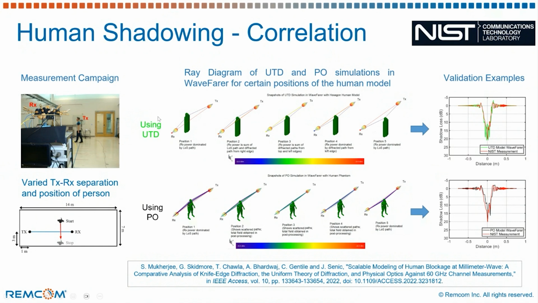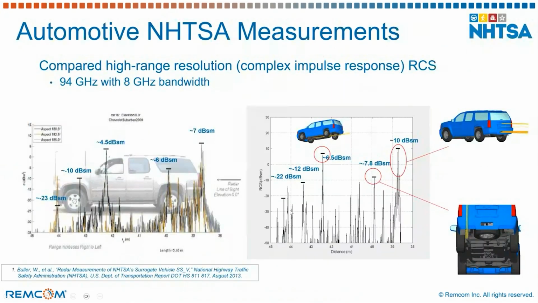Simplified modeling of the body, and the use of UTD gives you fast but fairly accurate answers within 2 to 3 dB RMSE. And then we have the utilization of physical optics, where the full human body and extra multipath around the face, around the head, plays a critical role, and we get a better correlation within the 2 dB range of path loss. Looking at this for automotive, again, the same story, where we have 2 to 3 dB